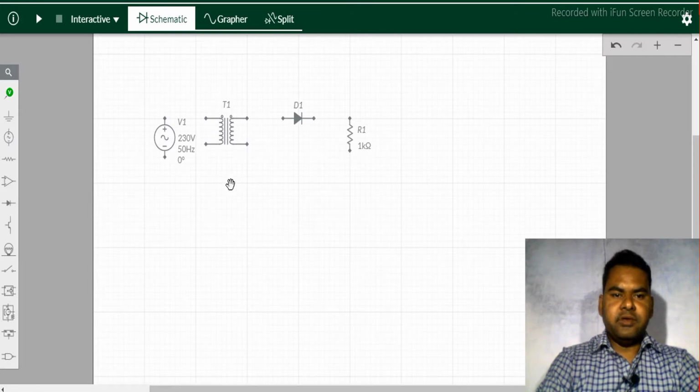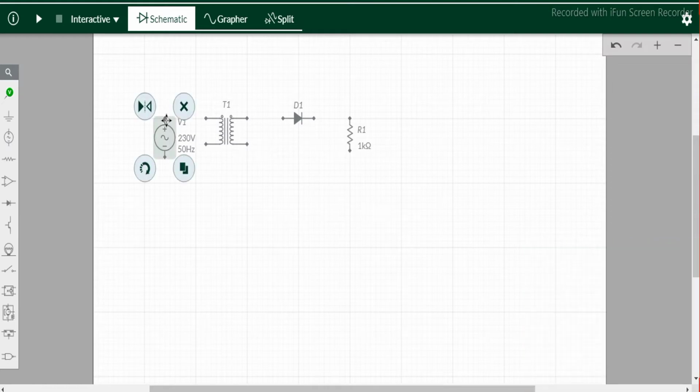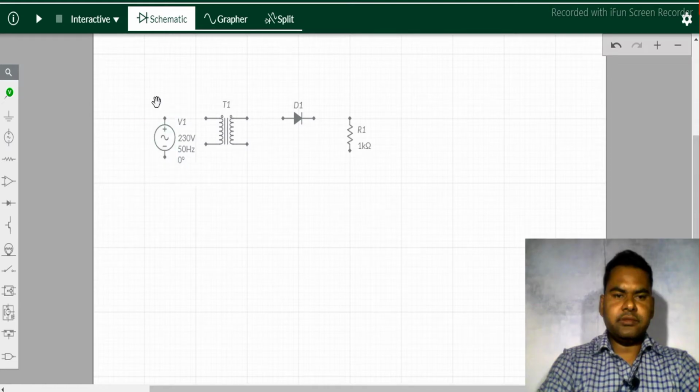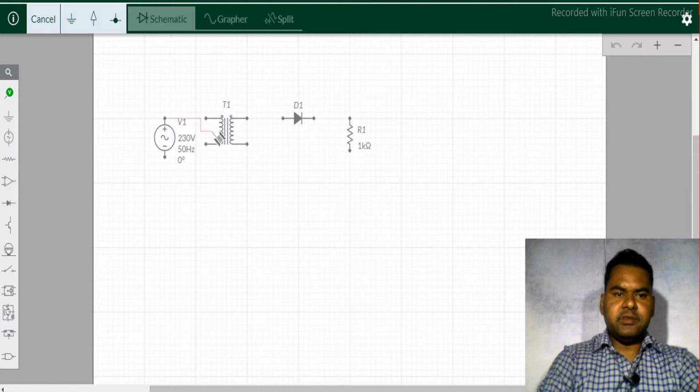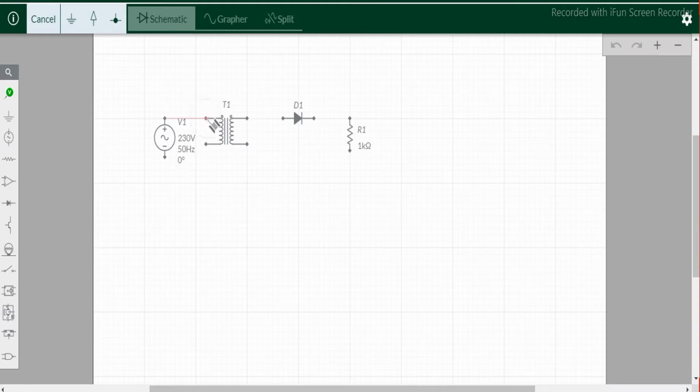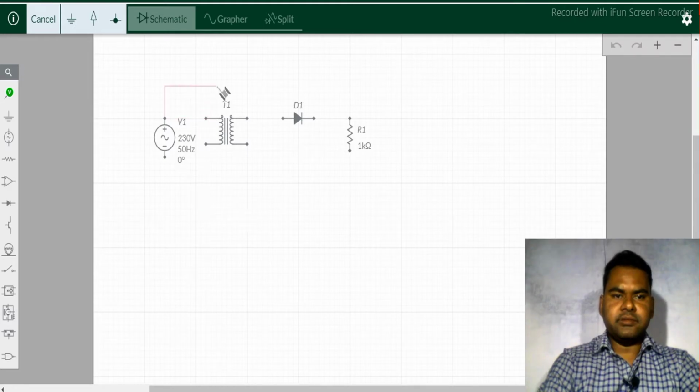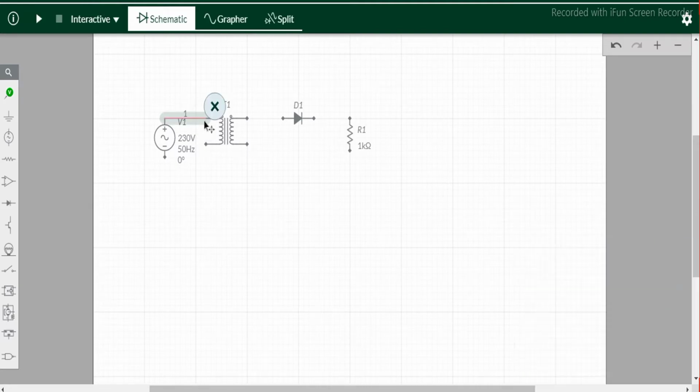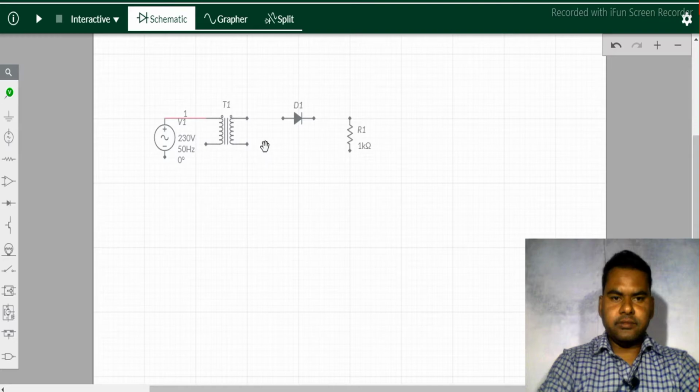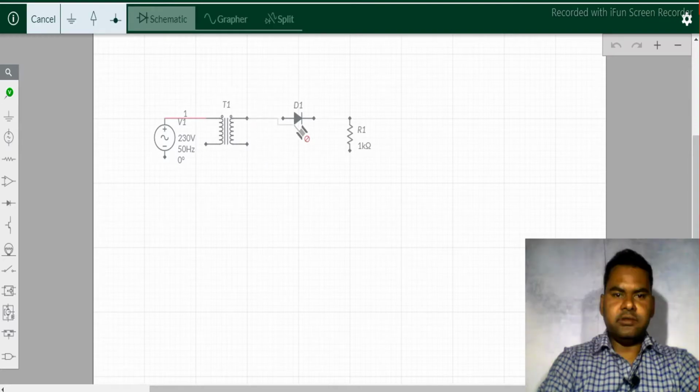So I am going to connect the wires. First of all, we have to select a node. After selecting a node, you can simply connect this terminal. Again, all the connections should be made in a proper way.